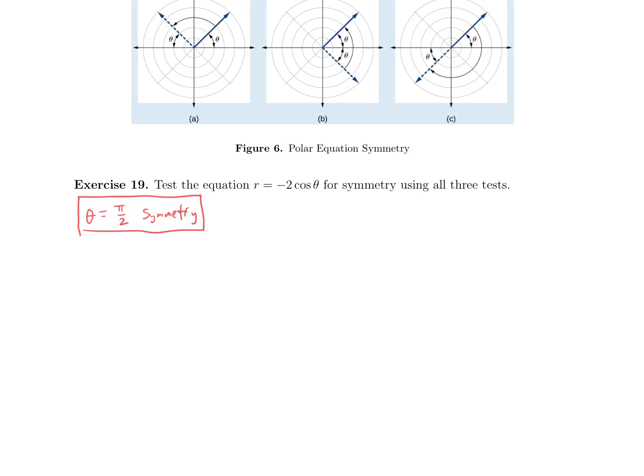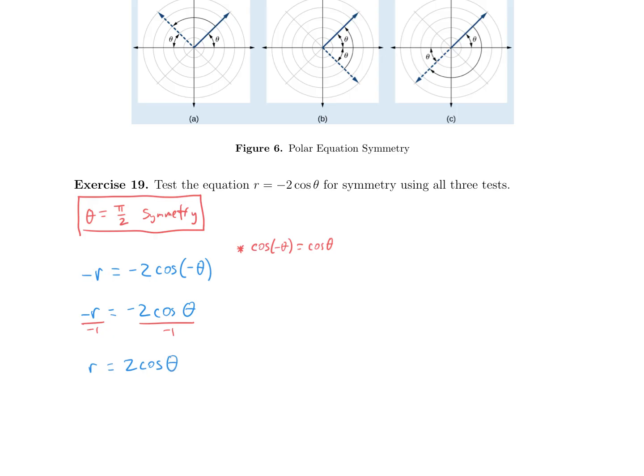Instead of r, you replace it with negative r. Instead of theta, you replace it with negative theta. If you recall, cosine is an even function, so I'm just going to make a note here: cosine of negative theta is equal to cosine theta. We learned that a while back, so that's something you want to try to remember. That means that negative r is equal to negative 2 cosine of positive theta. Solve for r by dividing by negative 1, or multiplying both sides of the equation by negative 1, and you get